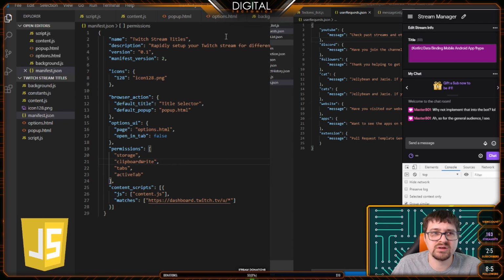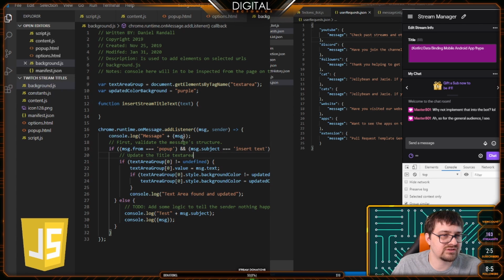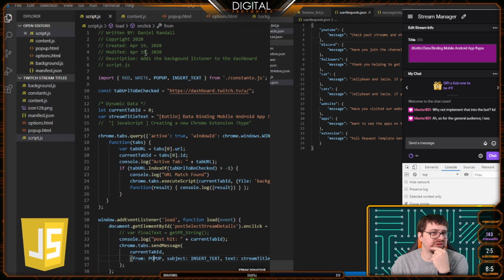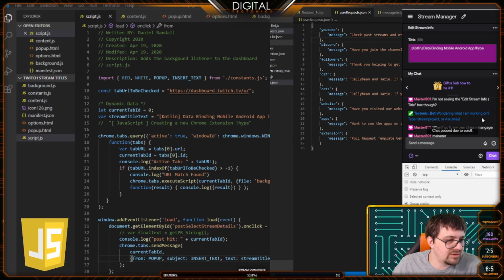That gets saved. So now here is like the injector for it. And it's going to be just subject insert. So I wonder if I can send this all as one chunk, right? Or can I only send one from subject insert? And maybe I just need to do it as a. If I go my own stream manager, yeah. Why not? I'm not seeing the edit stream information slash